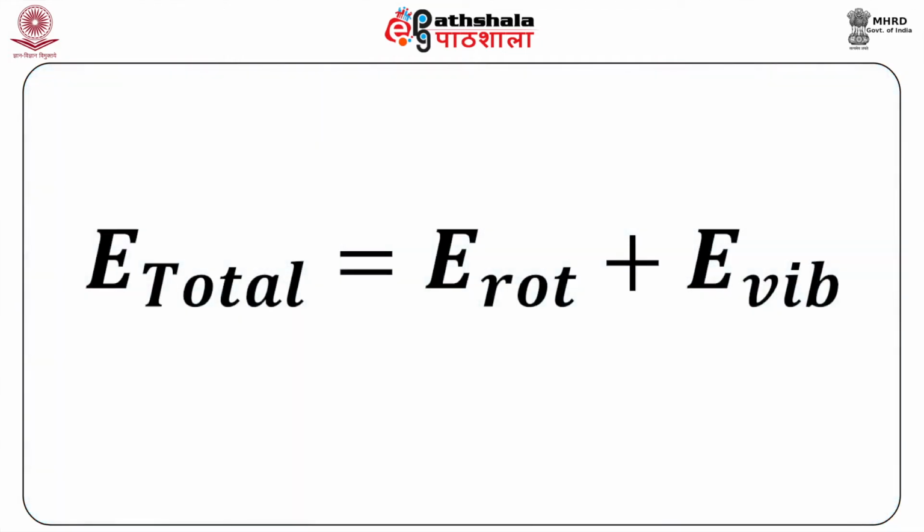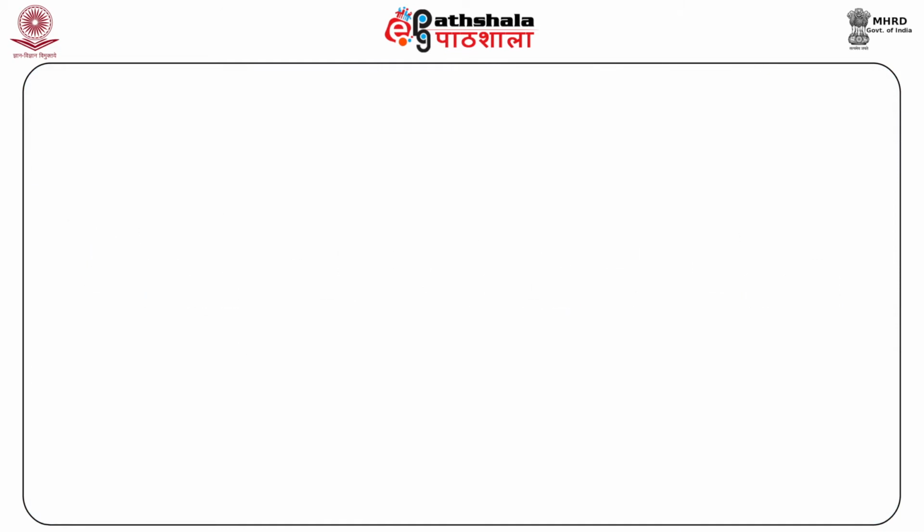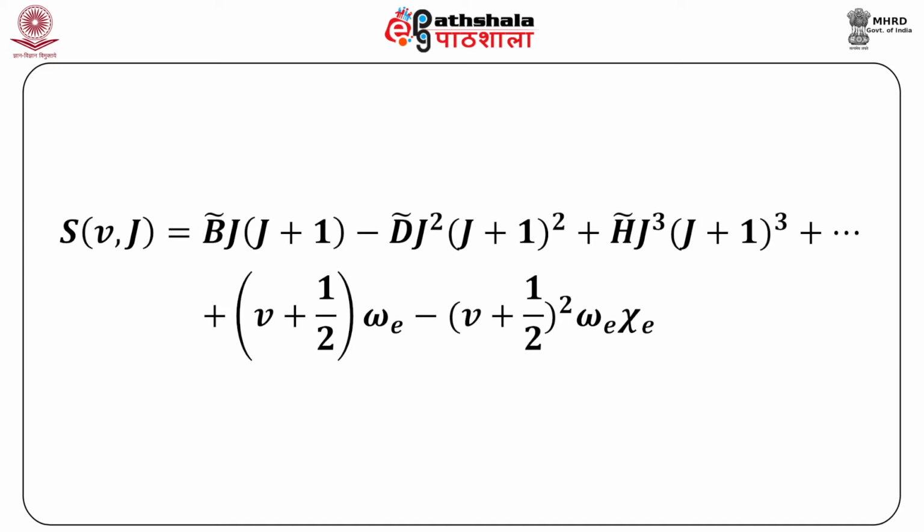And according to the Born-Oppenheimer approximation, the total energy of such a molecule, where you have two independent kinds of motion, can be written simply as a sum of the rotational and vibrational energies. That is, the total energy is a sum of E rotation plus E vibration. So, if you express the total energy in wave number terms, in terms of whatever we have learned up till now, what you find is that S,